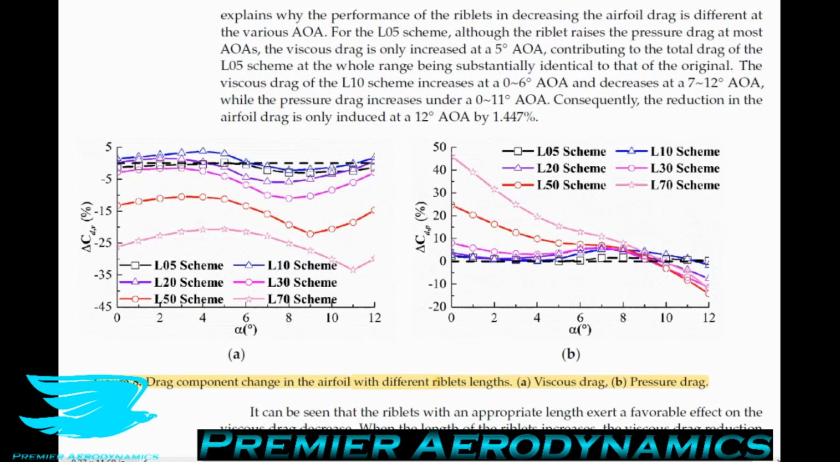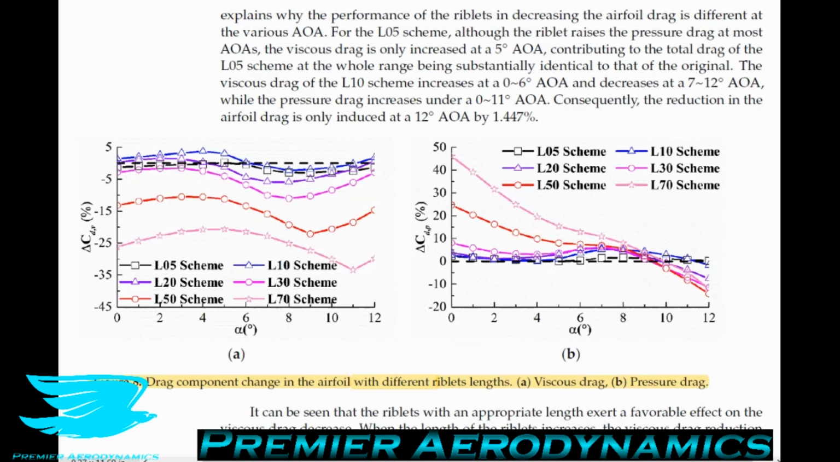So at low angles of attack, remember how we said that there was not much of a change, but when you get to high angles of attack, we get a massive reduction in the drag coefficient. This is because the different components of the drag start to come into play, more or less. So for the L05 scheme, so for the configuration of riblets where it only covers 5% of the airfoil surface,